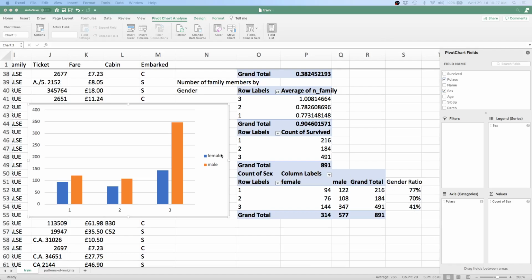So yes, this overall may not be an abnormal distribution, but what is abnormal over here is essentially the gender ratio. It should not have been so low. But then there might be certain socio-economic factors which have led to this. Obviously, the people who were traveling in the third class were poor people.